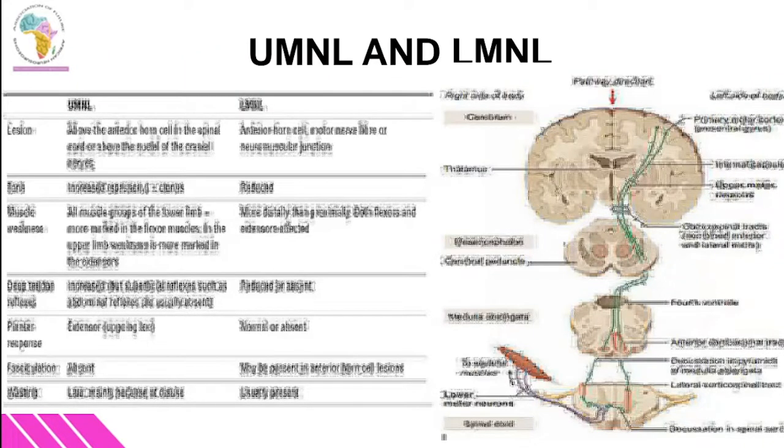There's actually atrophy in both, but the type of atrophy you get in these lesions is different. In an upper motor neuron lesion, it is what we call disuse atrophy. This disuse atrophy is because the cortex